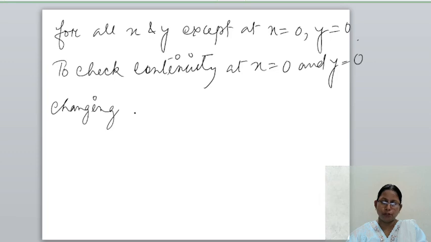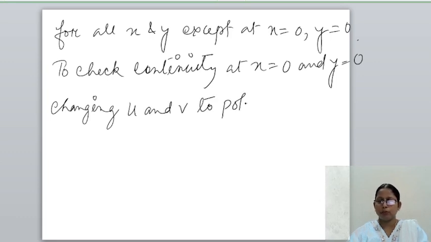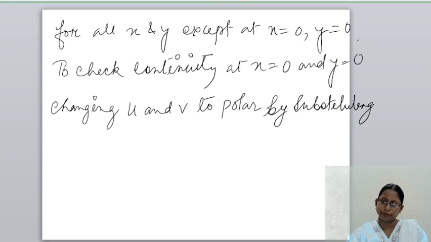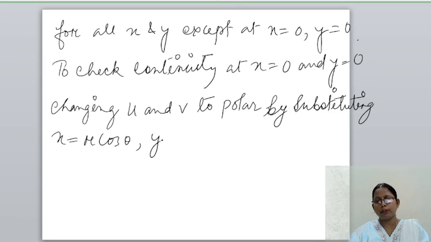So changing u and v to polar by substituting x = r cos θ, y = r sin θ,